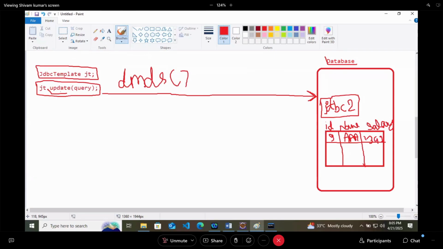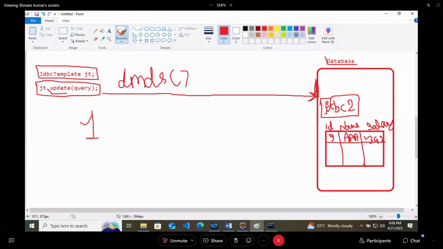Update method is completed. It returned 1 also. It means that database operation is completed. So how will this operation go? Database will give a path to go inside and do the operation. As everything is managed by Spring now, once this process is completed, the connection is closed again.